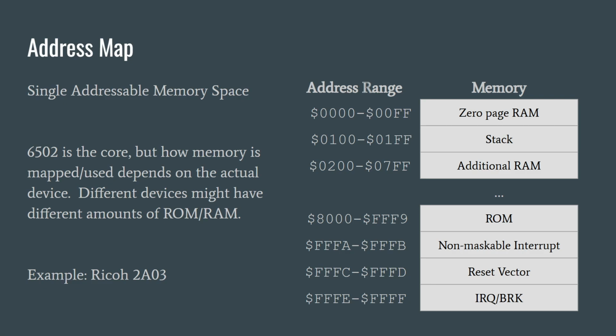So the first memory range that we're going to talk about is the 0 page. The 0 page RAM is address 0 through FF, and they call it the 0 page because these bits, which would be the page bits, are 0. And why that matters,